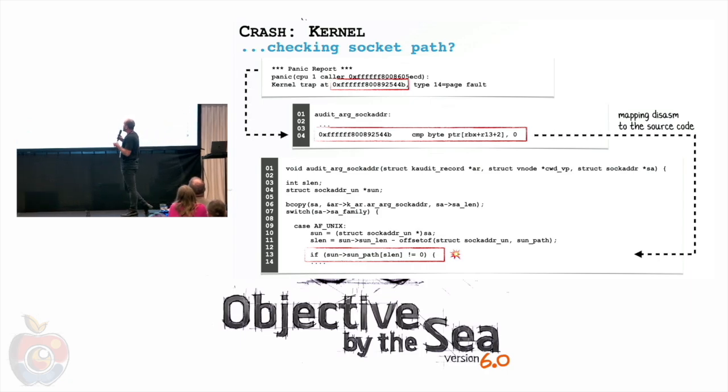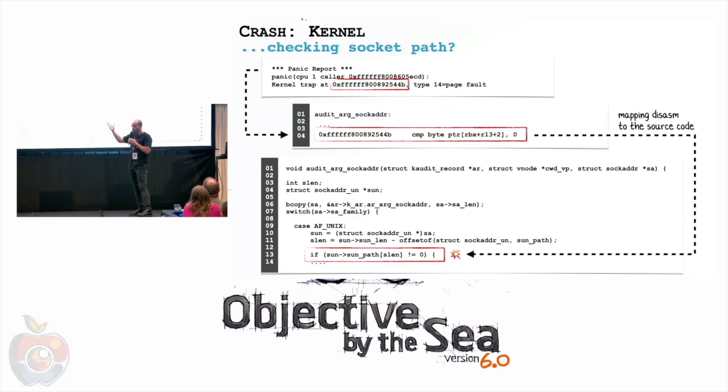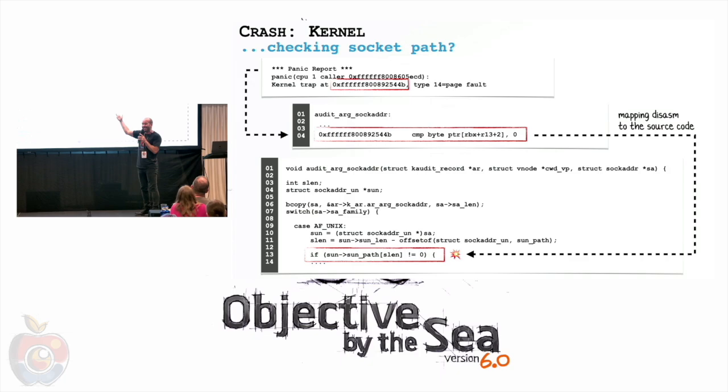So what we do is we have the address of the faulting instruction, so we can load the kernel into memory, go to that address, and see what happened. There we have an instruction, and what it's trying to do is compare some address with 0. And that address is in RBX plus R13 plus 2, and we'll dig into what those registers are. Again, this part of the kernel was open source. That was great. So what I could do is figure out the exact line of code where the